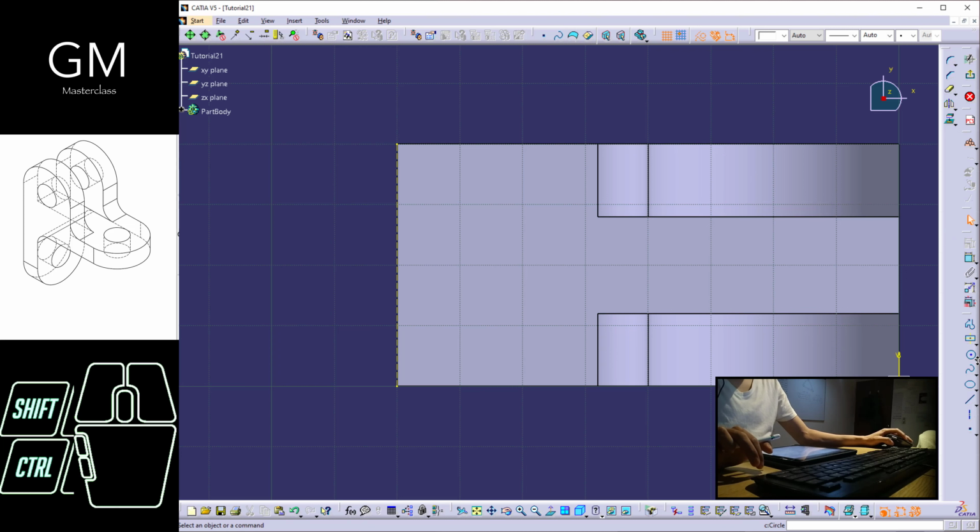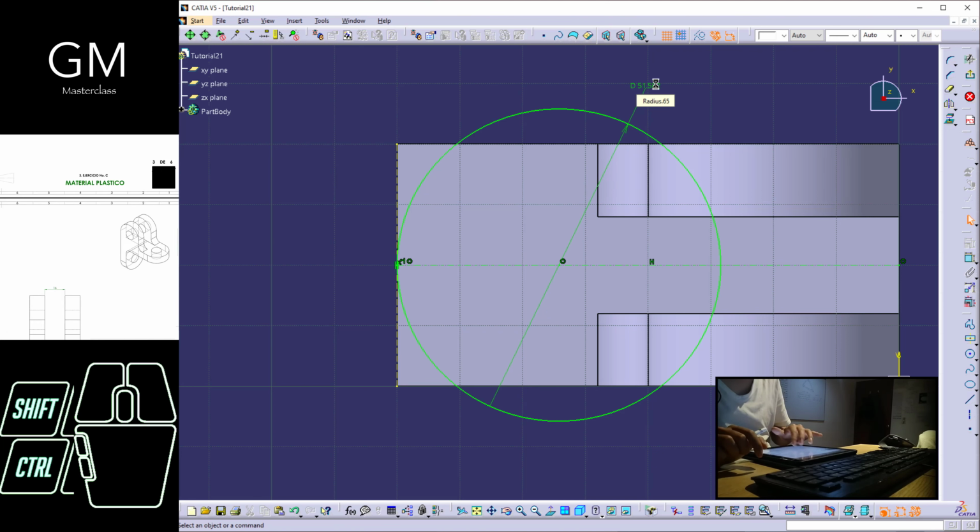Okay. Once again, I'm going to create one circle taking into account the middle of this line. And this point, once again, I want it to be shown, so I'm going to deselect this part, and I'm going to say that this has a dimension of, let me see,